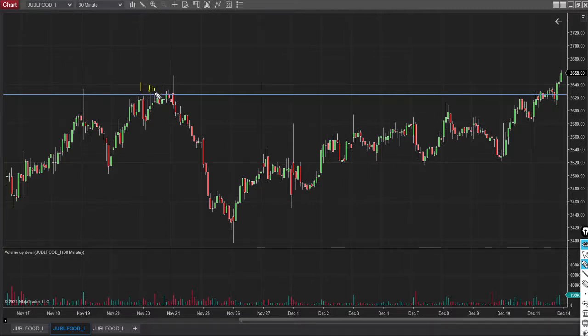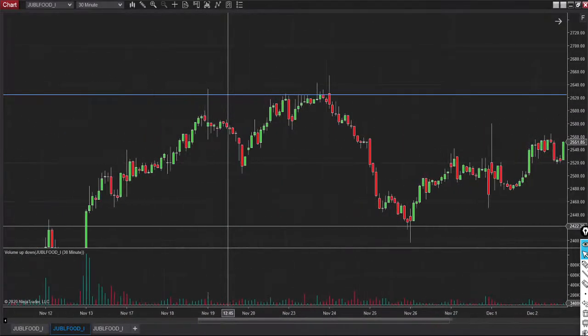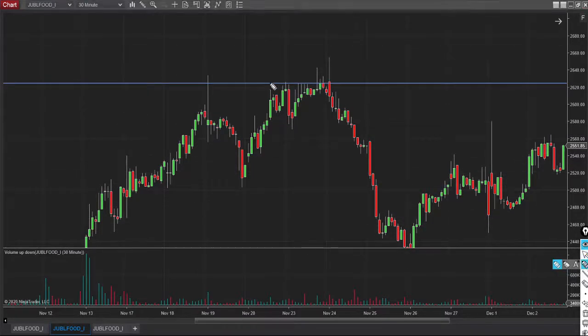1, 2, 3, 4, 5. Five major attempts. This was the sixth attempt, still the candle closed below this. Let me zoom in and show you, it will be easier. So look at this. Why did I mark this zone? 1, 2, 3, 4, 5. On the sixth attempt the price crossed, but the candle close was below. So 6 attempts, and this was the 7th attempt, still the candle closes below. Attempt number 8, the candle closes below. Attempt number 9, the candle closing is below it.